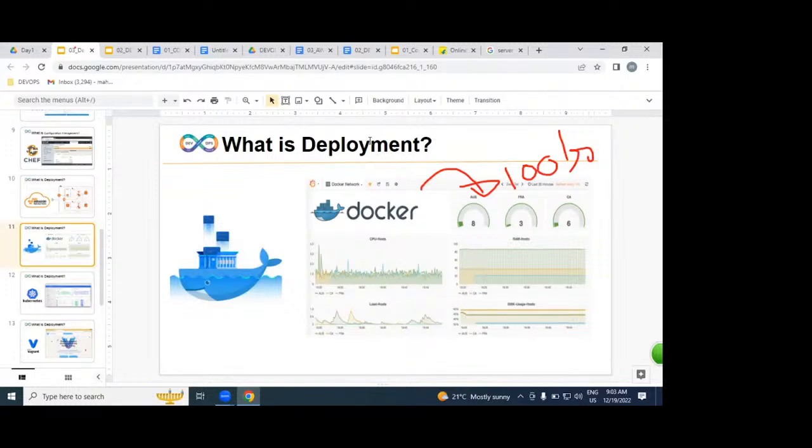What is Docker? Docker is an isolated area which is specifically for deploying our applications. That is the definition, but in simple words, it is an easy way of deploying our websites. From the definition point of view, Docker is an isolated area which is specifically for deploying our applications. Understood very clearly? Example.